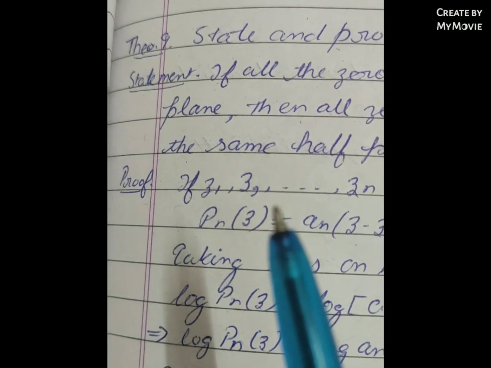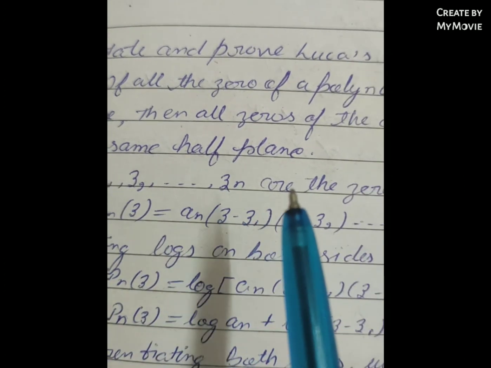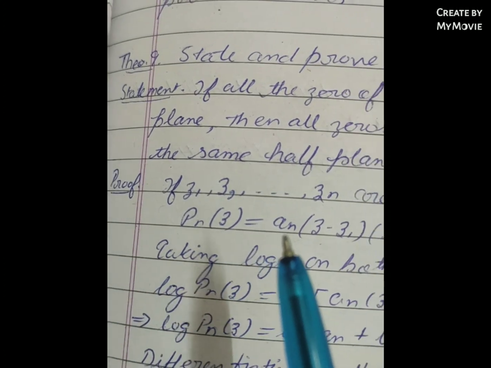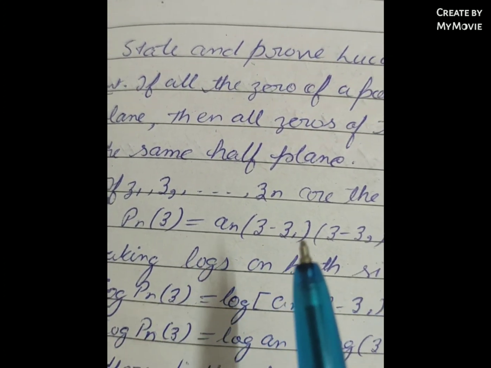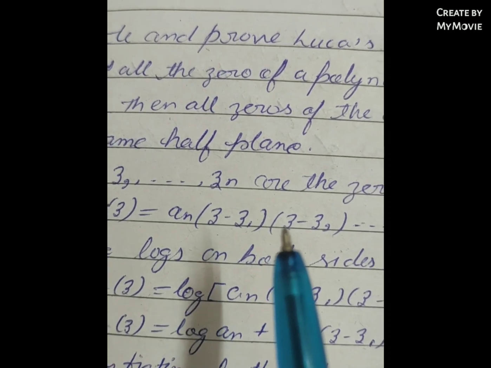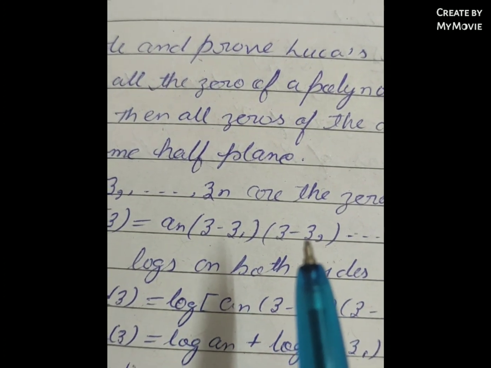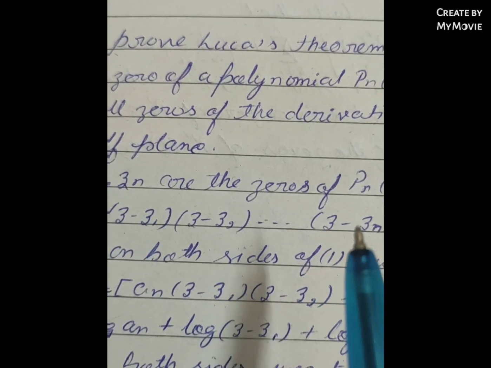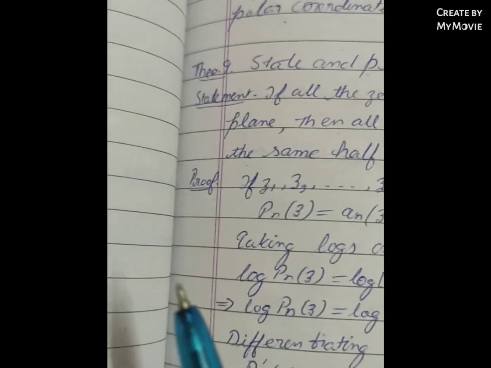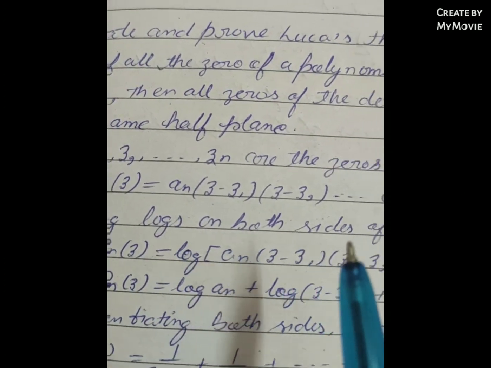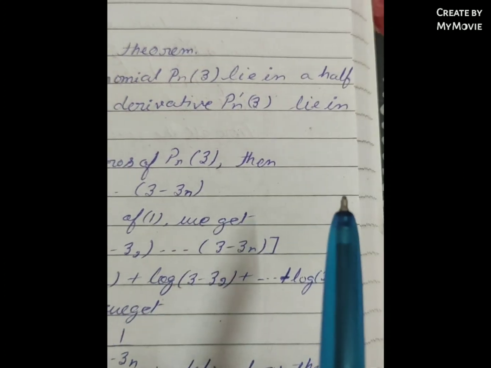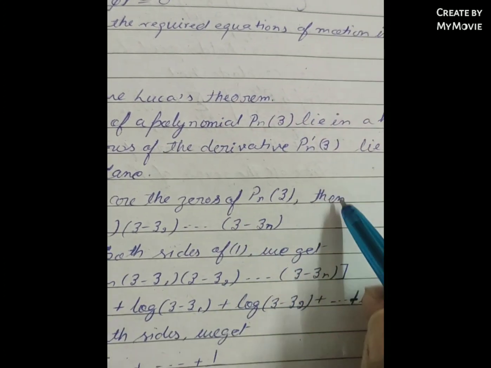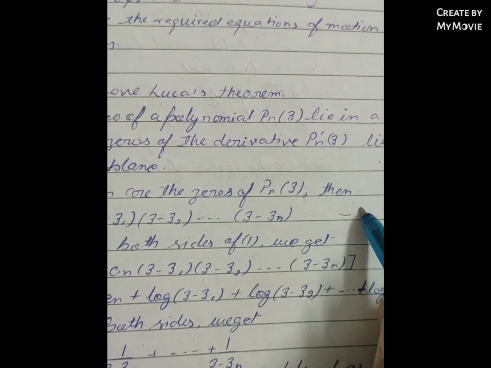Now the proof. If z1, z2, and so on up to zn are the zeros of P_n(z), then P_n(z) is equal to a_n times (z minus z1) times (z minus z2) and so on up to (z minus zn). This is equation 1. Now taking log on both sides of equation 1, we have